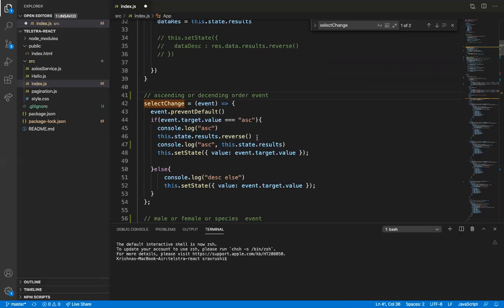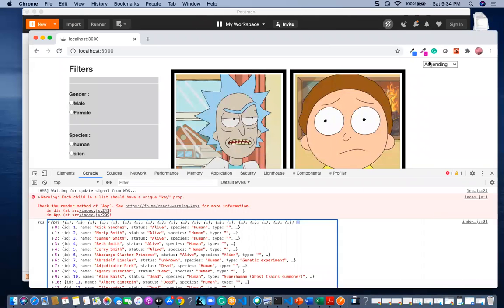If it is ascending order, I am going to set the value as is. If it is descending, I am inverting the total results that I have got here, reversing that total thing here.